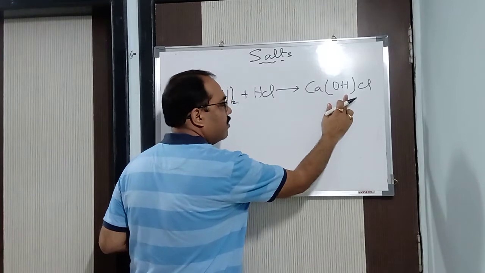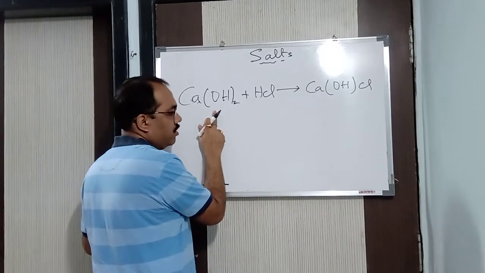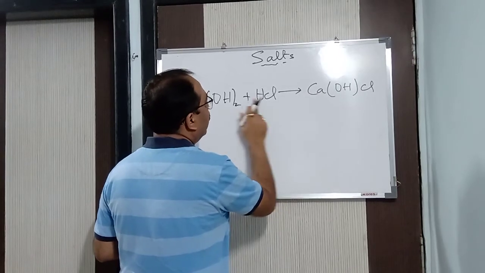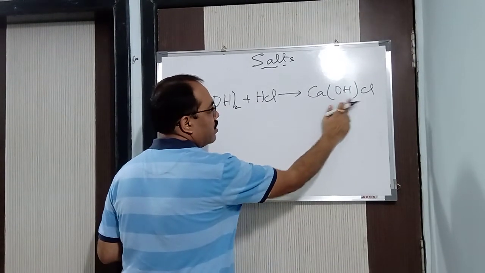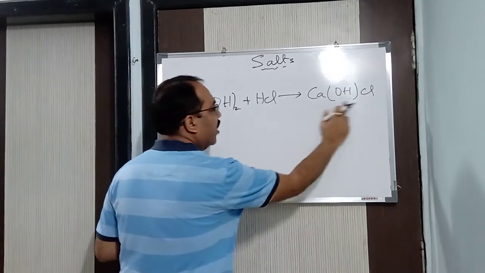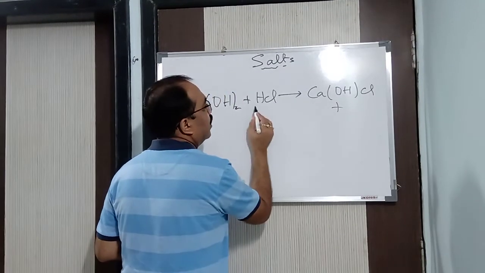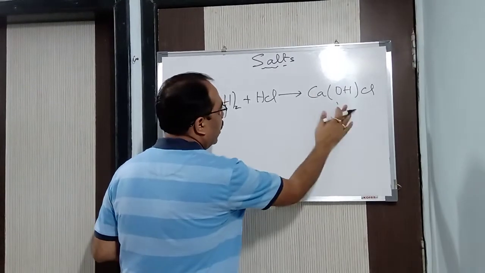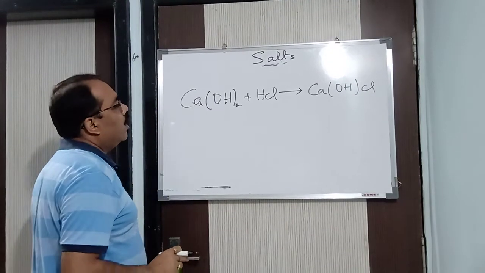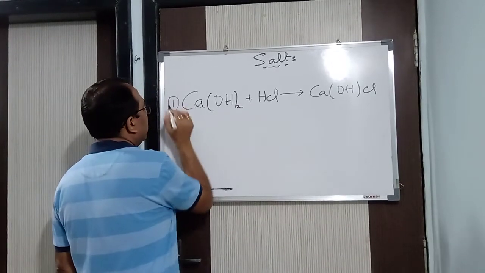what I said, partial replacement of the hydroxyl ion of a diacidic base or a triacidic base by an acid radical. This is an acid radical. So in this way, out of 2 OH, only 1 OH is being replaced, by Cl. Out of 2 OH, 1 OH is replaced. Hence we get this as a basic salt, plus a water molecule. I am not interested in that, I am interested in the salt only. Now this is your basic salt.